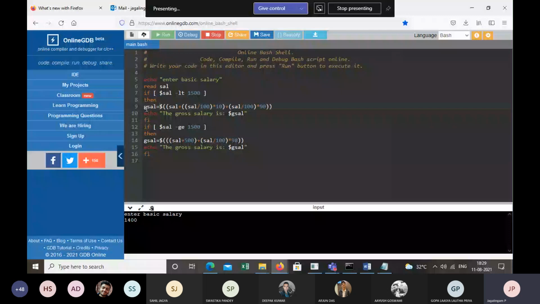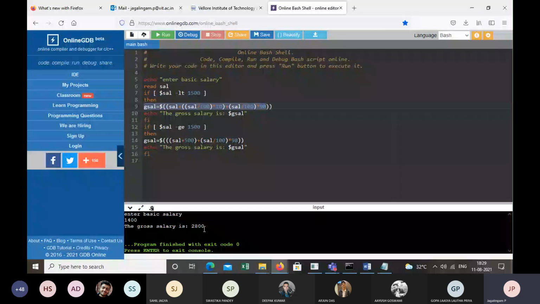Okay. Can you solve this? Wherever you find SAL, you put 1,400 and see what the output is. Are you getting 2,800? Can you cross check this? Yes, sir. My input is 1,400. So in line 6, SAL is a variable that will hold 1,400 and it checks the condition: 1,400 is less than 1,500.